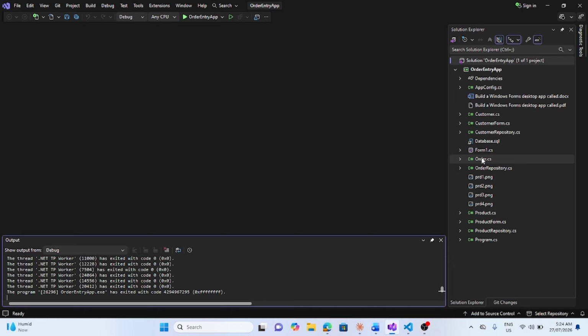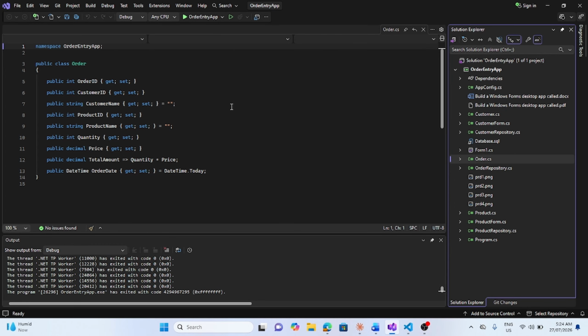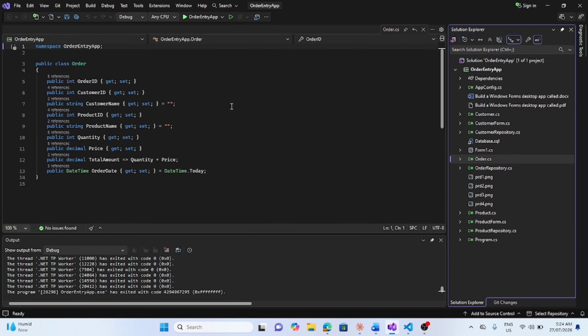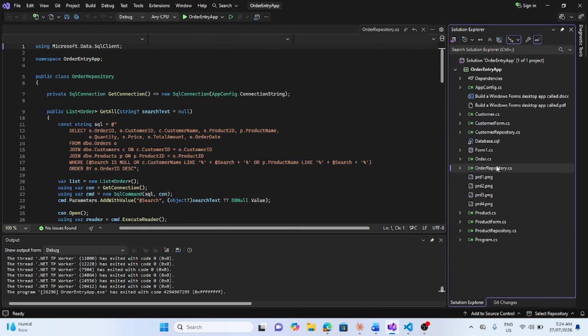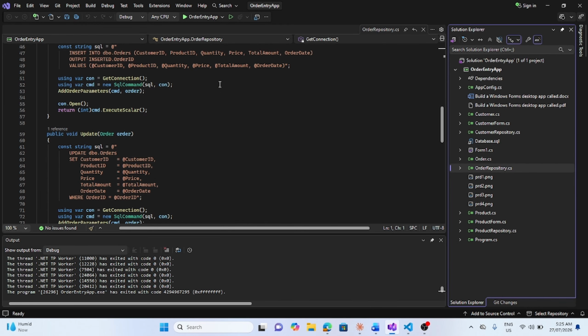For example, this one is orders form. This is order repository. This all code has been completed by